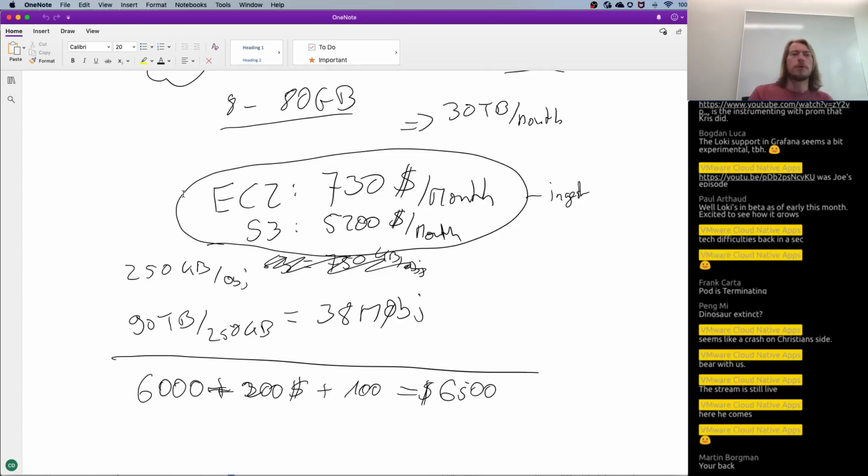I'm actually doing 3-way replication, so I'm ending up with 90 terabytes that I want to store, unless I'm doing some deduplication, and I think that is something that the Loki folks are also interested in exploring further. But for the moment, let's assume we're not doing that. So let's assume we have 90 terabytes,